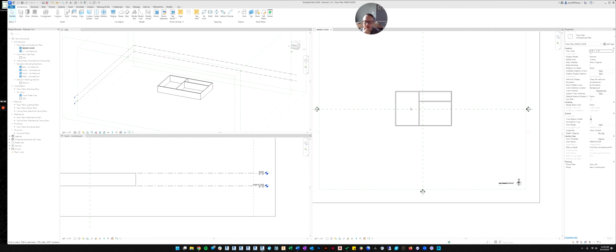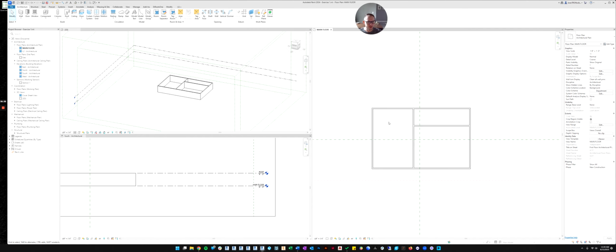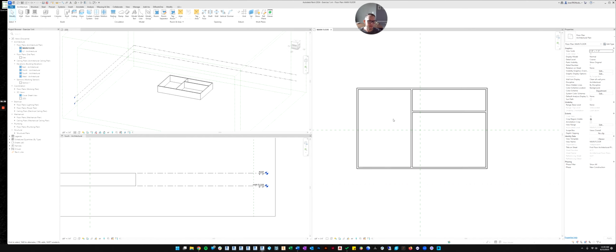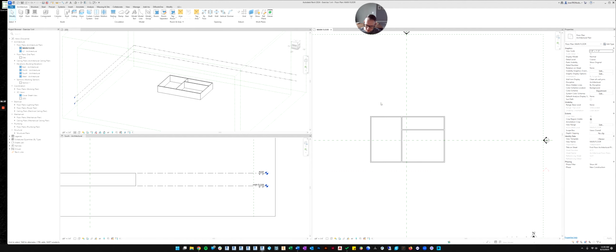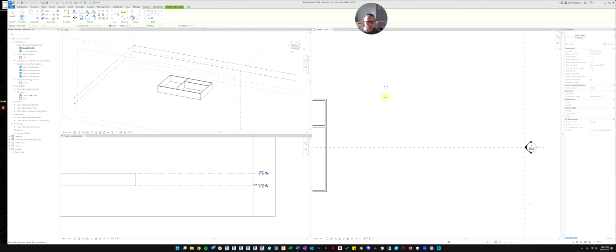Great. So now the other thing you'll want to know before we get into the other commands is how to more precisely control the dimensions of your house or your model. Because when you were drawing, let's go back into a wall command, and let's say we want to draw a wall that's exactly 4 feet long. So we'll click, and do you see how there's blue dimensions?